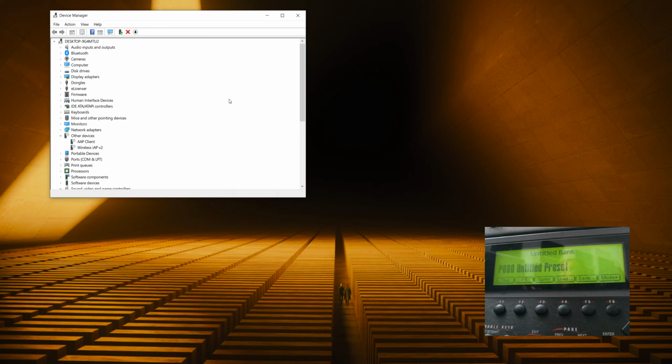We wait for loading properly. So we have our sampler. What I need to do is go into the device manager and scan for hardware change. We wait for a few seconds. And now you can see we have 1, 2, 3, 4, 5, 6, 7, 8 instances of the EMU sampler,